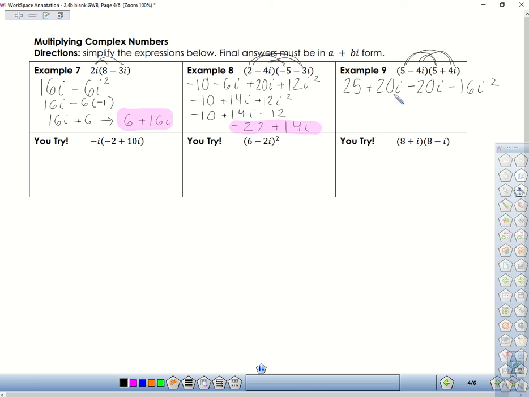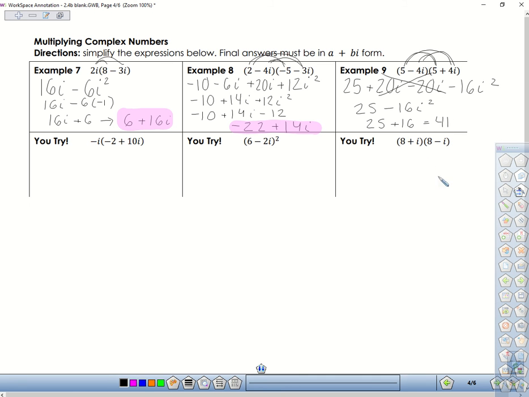What do you notice happens to the two middle terms? They cancel, and I'm left with 25 minus 16i squared. What is i squared again? So that becomes a positive 16. So 25 plus 16 is